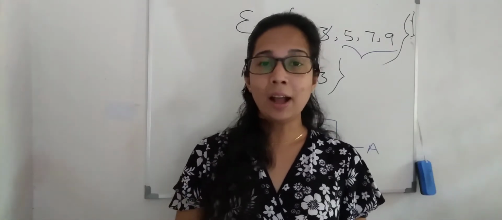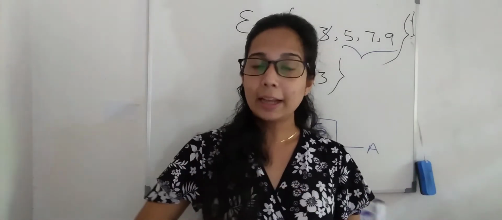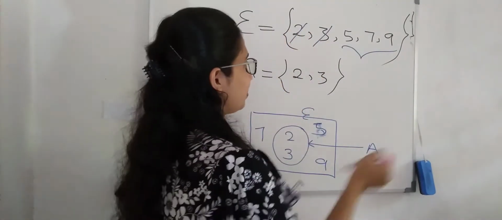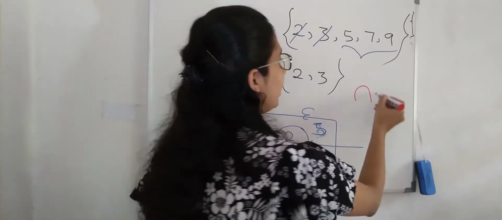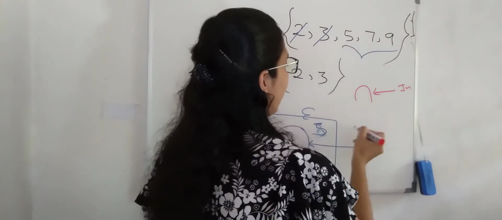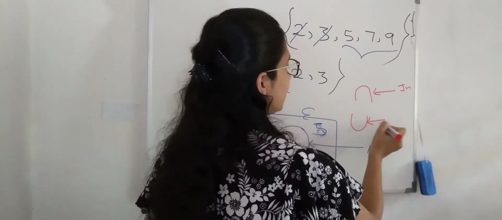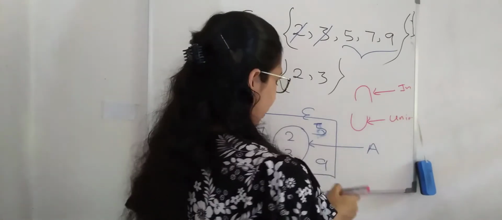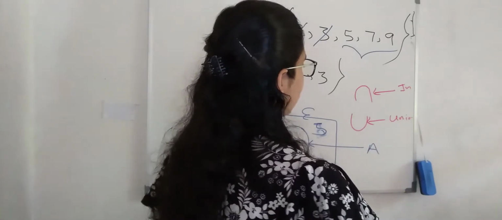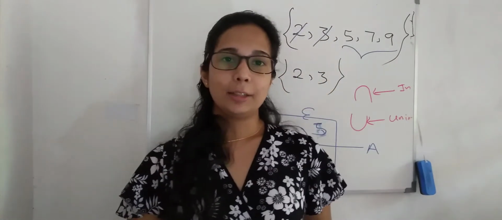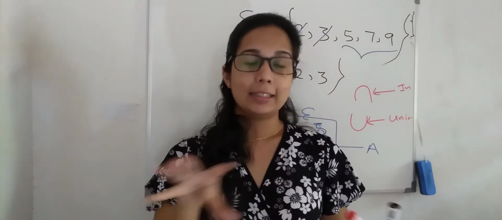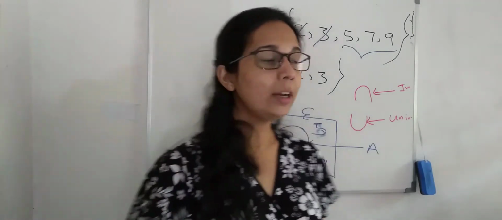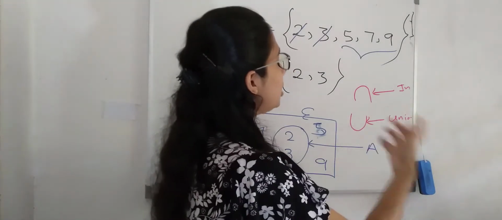Okay, now let's learn how to denote these intersection of sets and union of sets. This is the sign to represent the intersection of the set. Okay, and this is the sign to denote the union of the set, right? Okay, now let's learn. Think A and B are the considered sets. Now how to denote A intersection B?